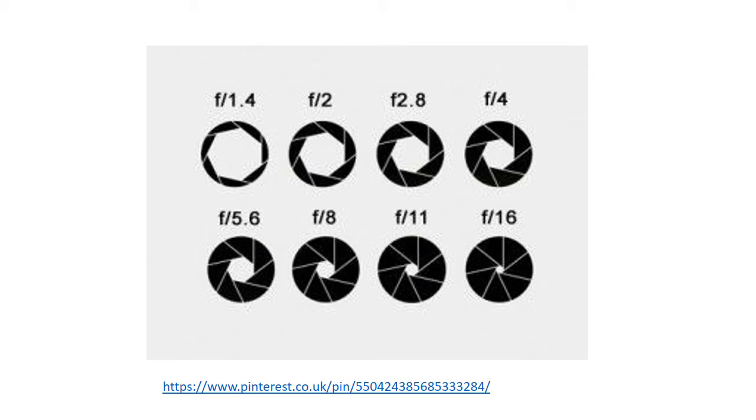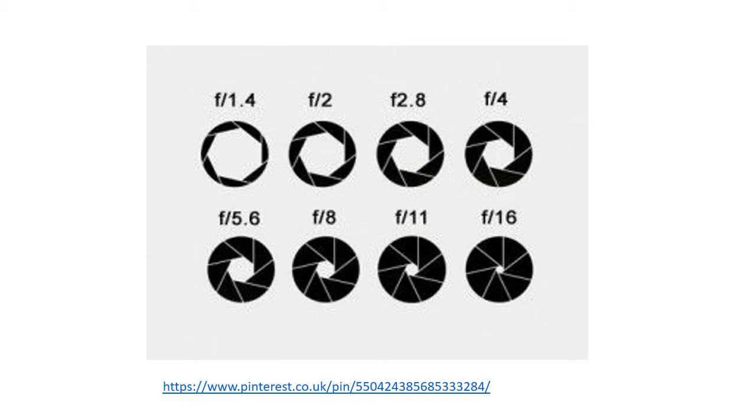The first thing it affects is how much light is entering your camera, which means it'll make your image either lighter or darker. Obviously the bigger the circle, or the wider the aperture, which is f1.4, the more light is going to come into your photo, as opposed to f16, which is a much smaller circle, which means a lot less light is going to come in. That's the first thing it affects, but the other thing it affects